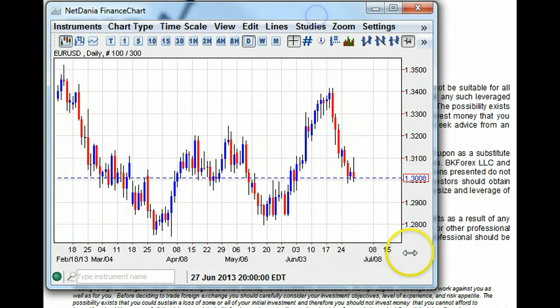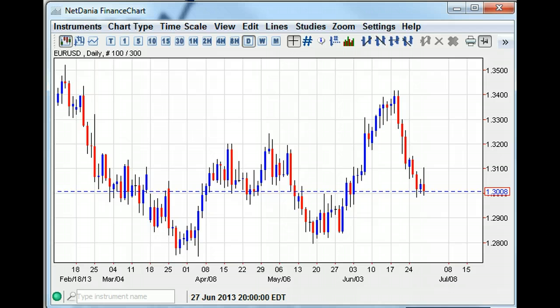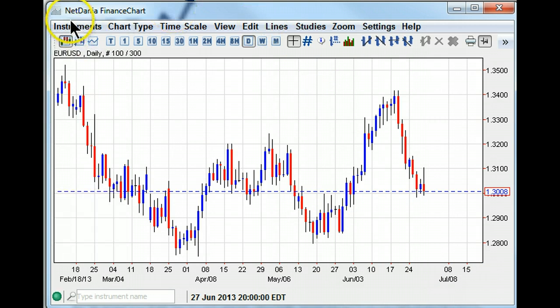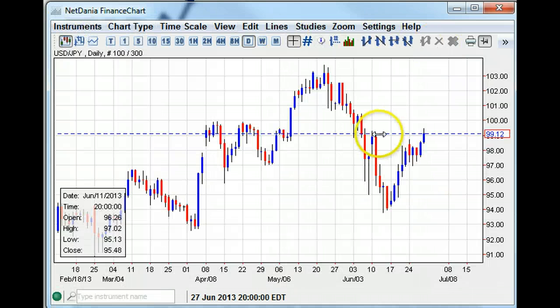Well, let's take a look at the weekly charts. A lot of price action next week. We have all of the key US data that's probably going to twist or turn the price action one way or the other. I'm looking at the euro right now, but let's just start with the dollar yen because that was